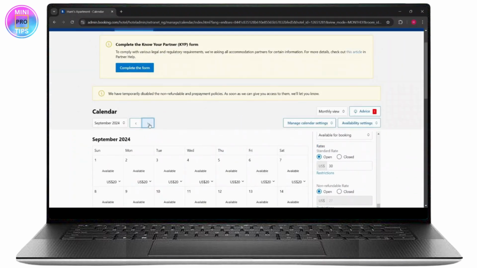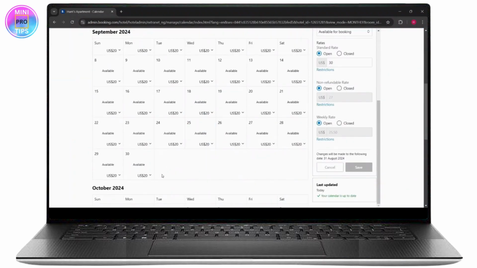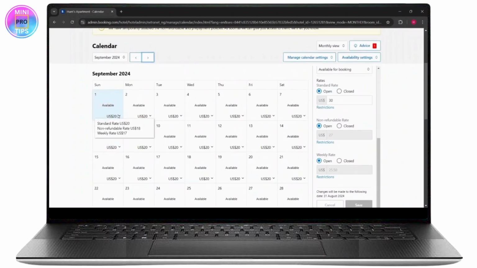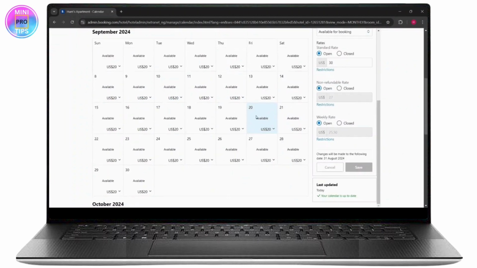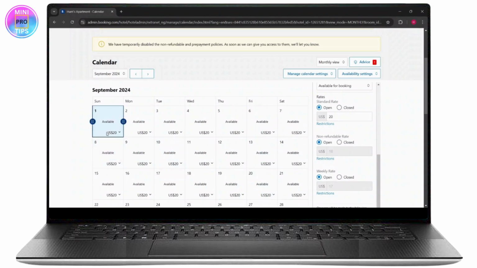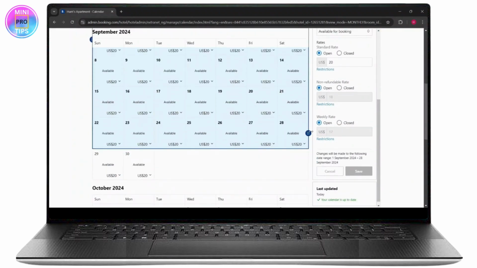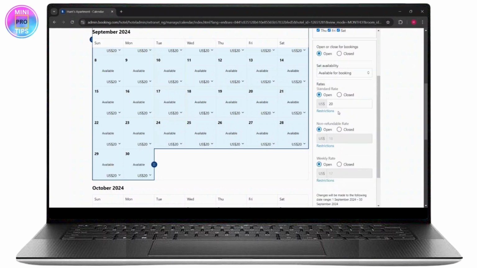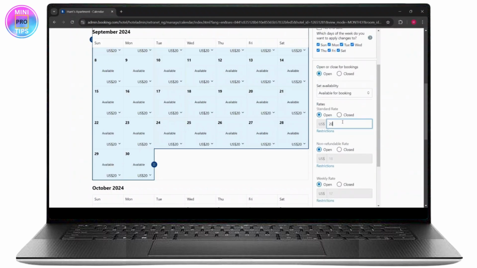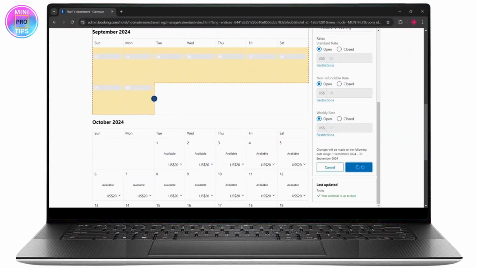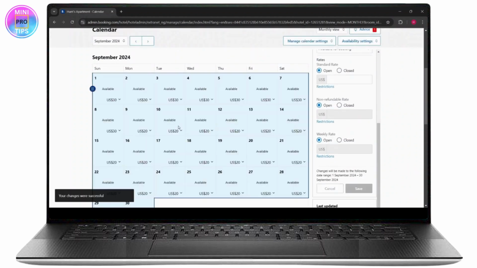So if I want to change this for a whole month, as you can see, for the next whole month, it's $20 for the whole month. So I can just select every day from here and select the whole month right here. If I drag this, the whole month will be selected. And if I go to the standard rate and change it to $30, scroll down and save, now the prices will be changed to $30. And that's how you can change prices on